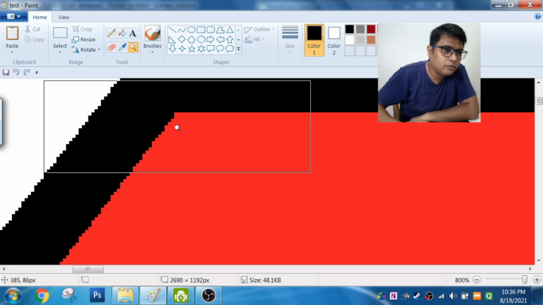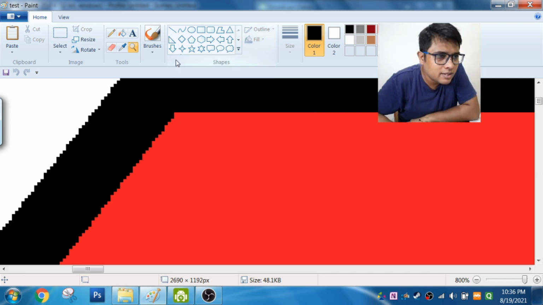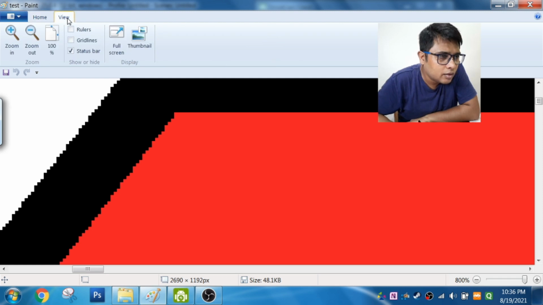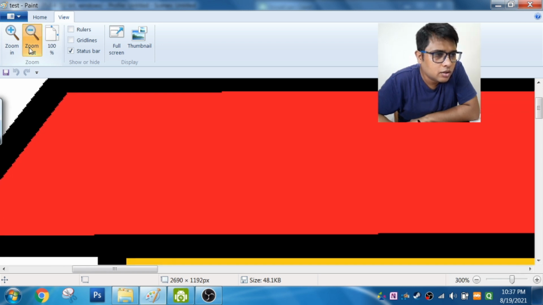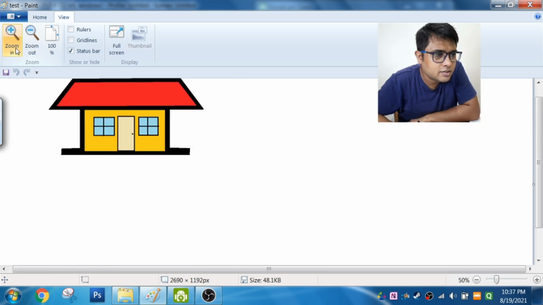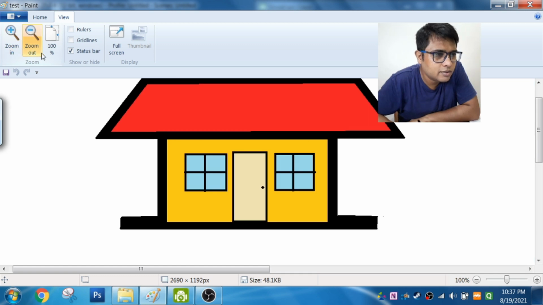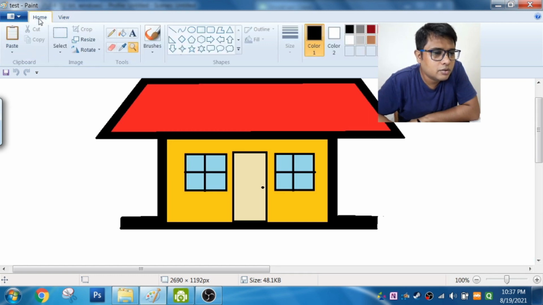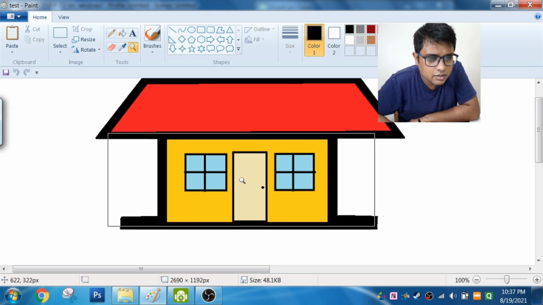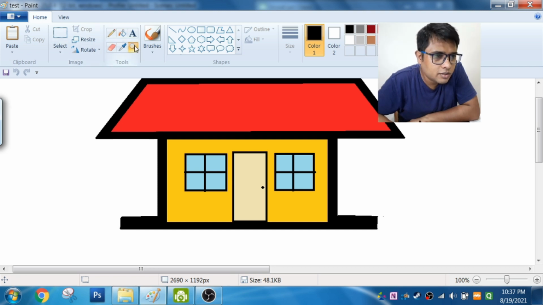Then if I want to get back to the normal size, I go to view and I can go for zoom in or zoom out. I want to zoom out and it will come back to the original size. Zoom in, I zoom like this. Again I'll show you. If I want to zoom at this part, I click here, I select the zoom button and then just click whatever I want to zoom.